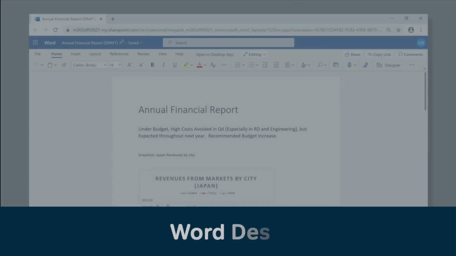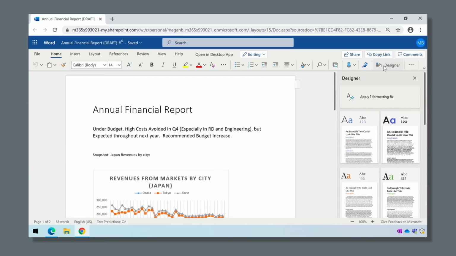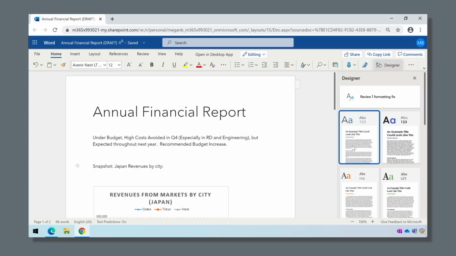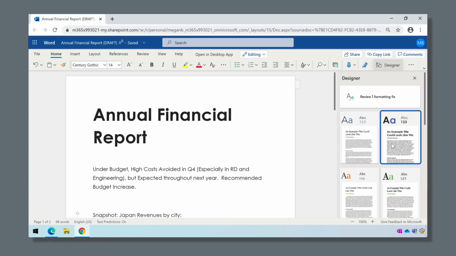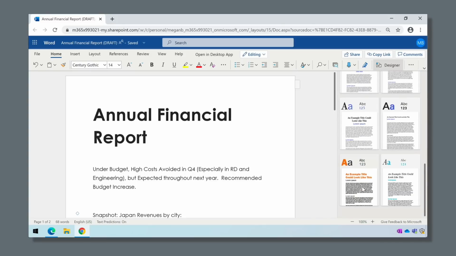Now on to Word. There is a new feature being added to Word on the web, the browser-based version of Word. It's called Designer, and Microsoft claims it will help to format and style your Word documents. You'll be able to use it to give your docs a consistent look and feel, and there'll be a set of new themes to choose from. It can work out where your styles haven't been applied and fix them automatically. To access Designer, open a document in Word on the web and then select Home from the ribbon and then the Designer button. This will be available to targeted release customers now and standard release in November.